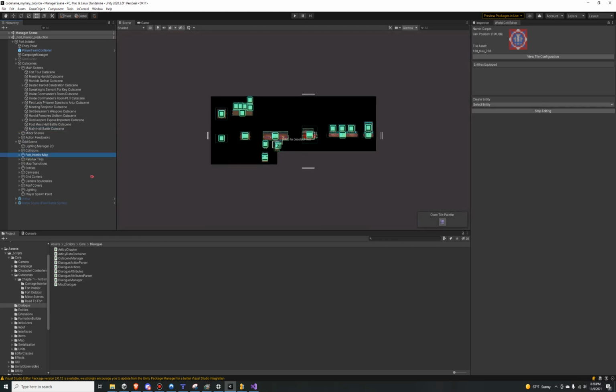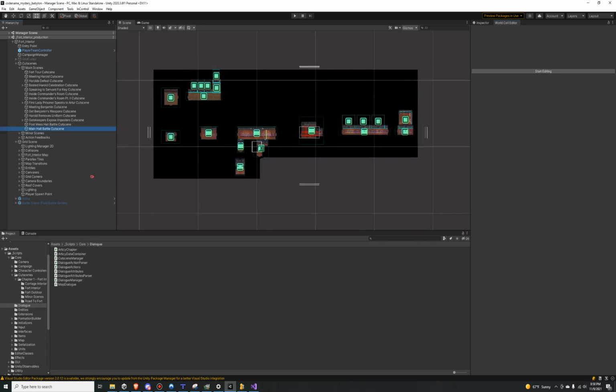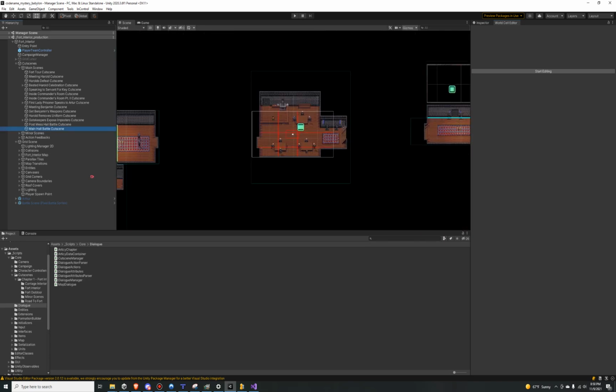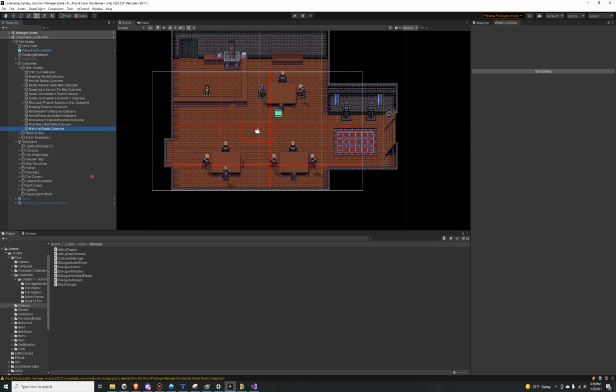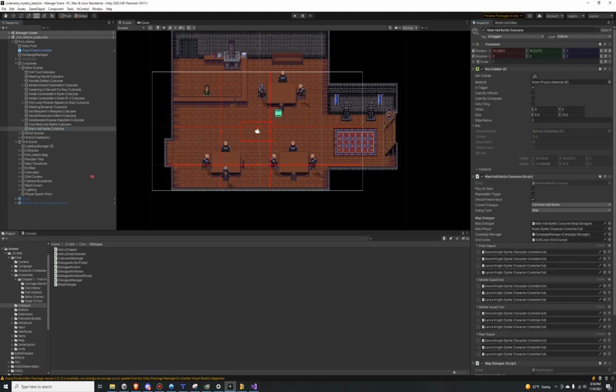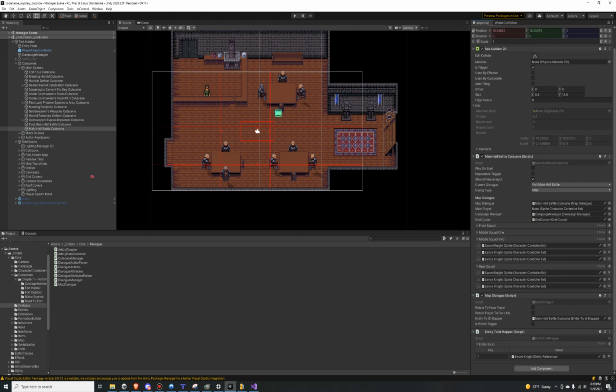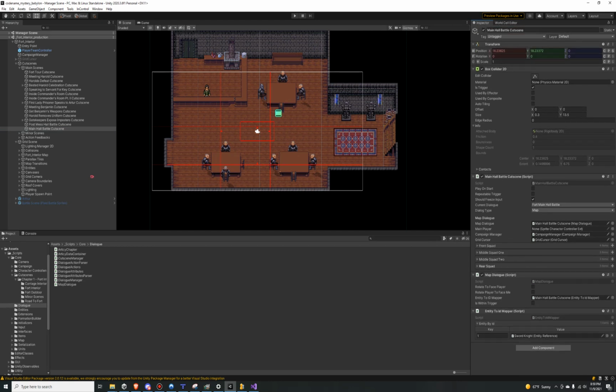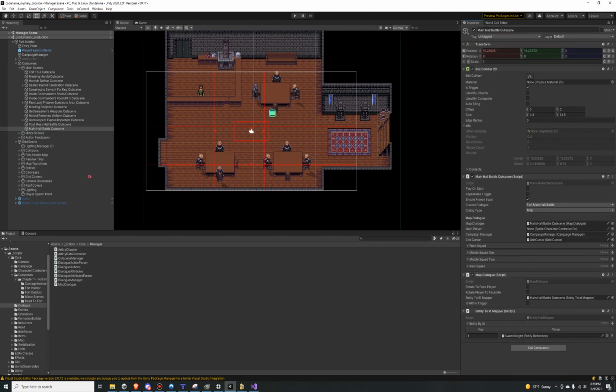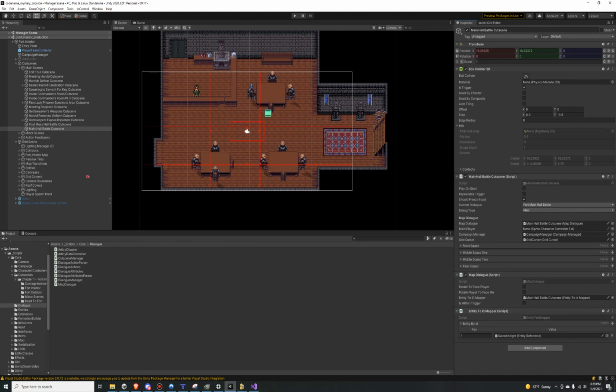Oh, hold on, I have to turn off the world cell editor. Okay. So, looking past this whole mess of lists and stuff, let me collapse those. You'll see we have an entity to ID mapper,